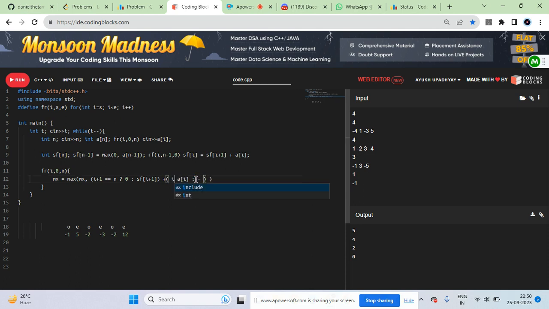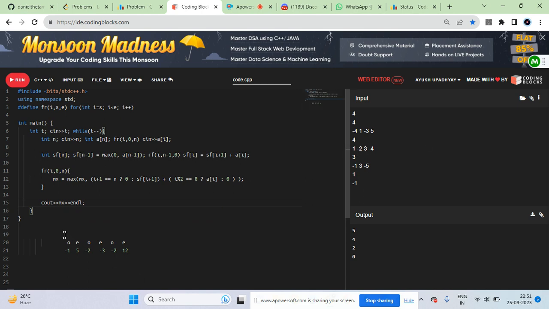सो यहाँ पे तुम्हारा लगेगा i mod 2 इज इक्वल टू अगर 0 है तो तुम्हें a of i मिलेगा। देखो अब इवन ऑड, क्योंकि हम कैसे डील कर रहे हैं, 0 इंडेक्सिंग में डील कर रहे हैं, तो पहला इंडेक्स हमारा 0 है जो कि इसके केस में ऑड है, तो जब 0 है, हाँ, तो तुम्हें वैल्यू मिलेगी, ठीक है, 0 है मतलब मेरे केस में ऑड है ना, मतलब 0 1 इंडेक्सिंग, ठीक है। एंड आई थिंक दैट्स फाइन एवरीथिंग, एंड यू कैन रिटर्न मैक्स, cout मैक्स।